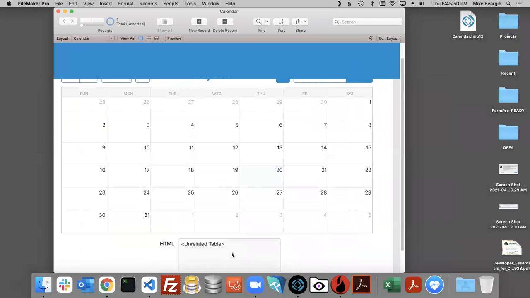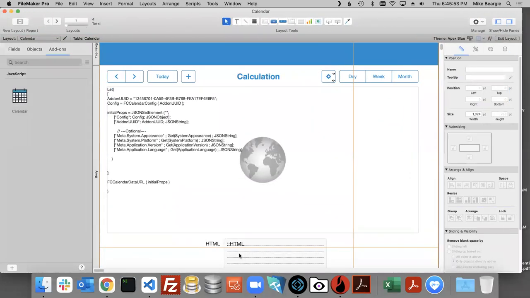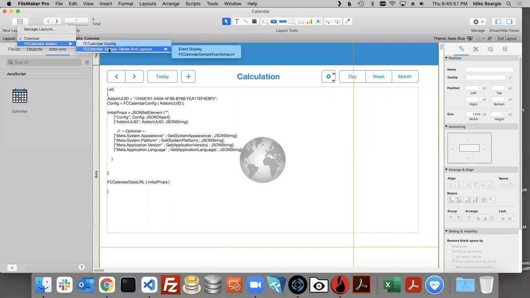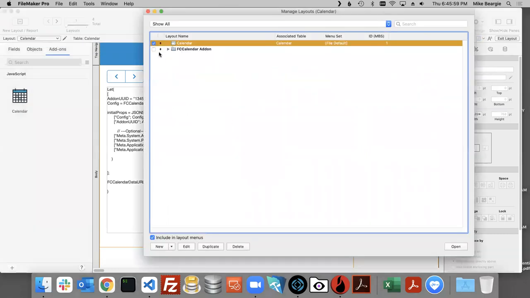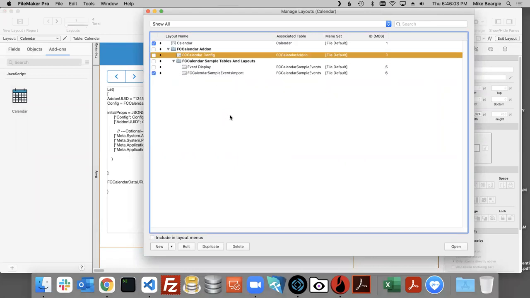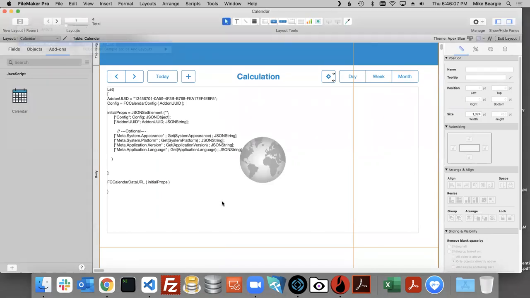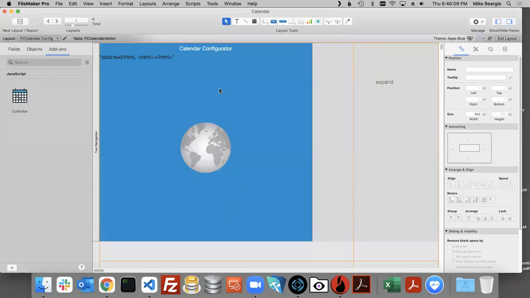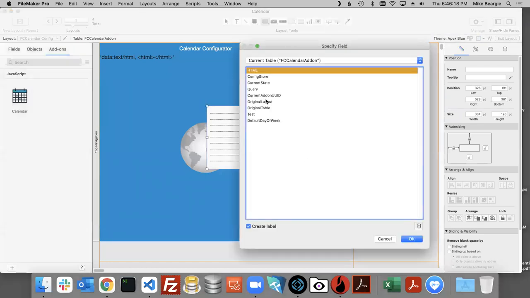Now, we might not actually see anything. Yeah, this is an unrelated table. That's what I thought. So calendar add-on. Let's see which one of these is actually the right layout. FC calendar config will get us there. So let's go here. This is what shows up, and this is its own web viewer as well. So that configuration that happens in the card window is going to be here. But for now, I'm going to pop HTML on here